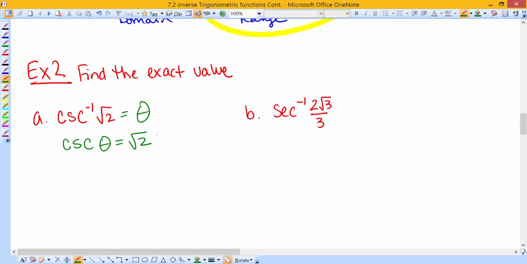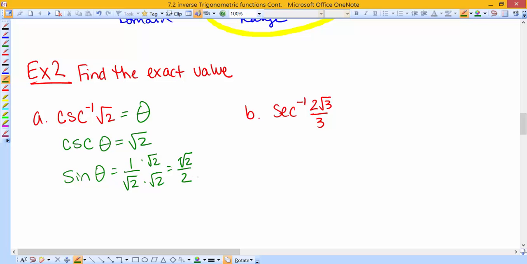If you do not remember, if you don't have these on your unit circle, there is some work that you are going to have to do. Cosecant goes with sine. So you can actually find the sine of theta, which is the reciprocal. So 1 over root 2, then you have to rationalize the denominator, and you get the square root of 2